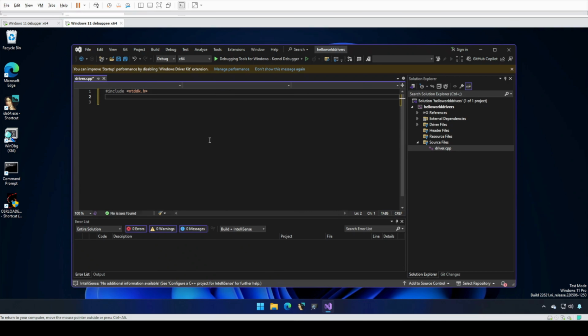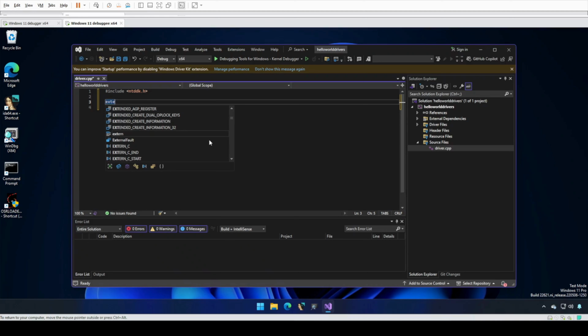This header file ntddk.h is necessary for writing a kernel mode driver, as it contains definitions for various kernel mode structures, functions and macros such as debug print, Unicode strings, driver objects, and pointers to the drivers. All of these are present inside ntddk.h, and it should be included every time you are creating a kernel driver. So after that, we have to